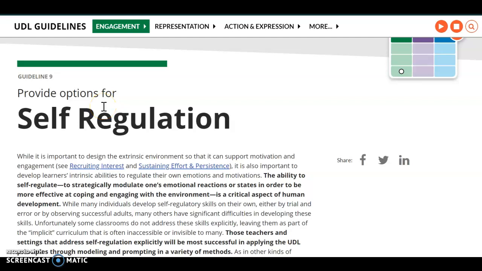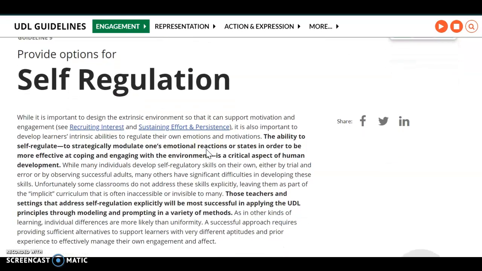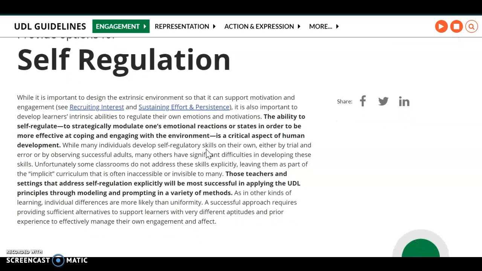Okay, so for this assignment, I chose the UDL guidelines for Guideline 9, which was promoting self-regulation in the classroom. And this is just talking about what self-regulation is in the classroom and how it's about moderating one's emotions and helping kids be more effective in coping and engaging with things that are